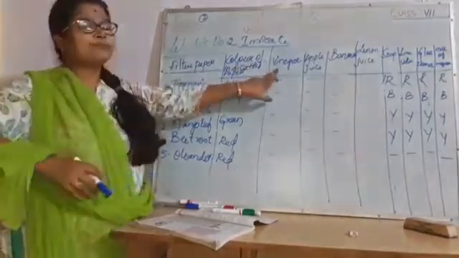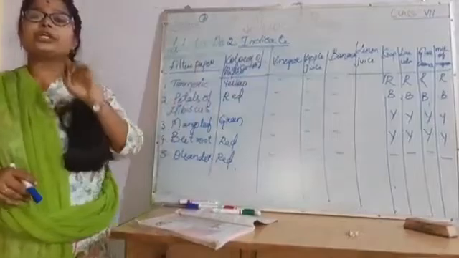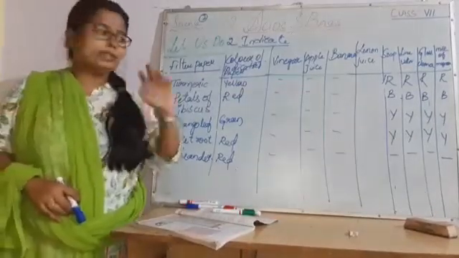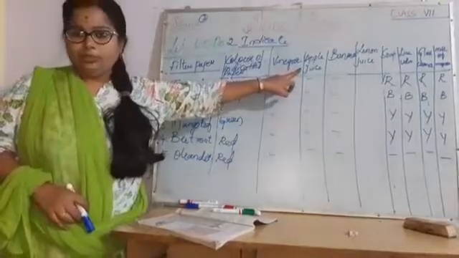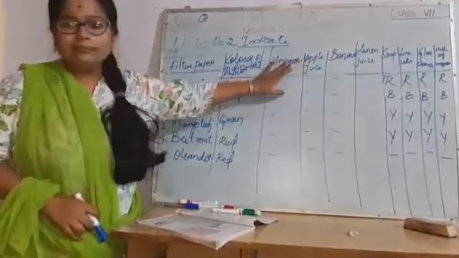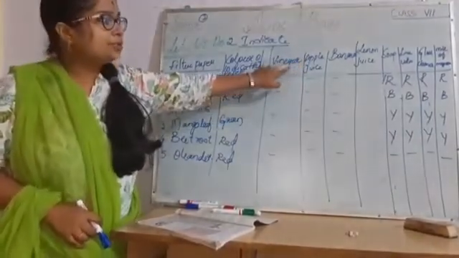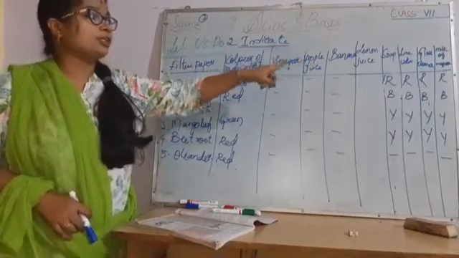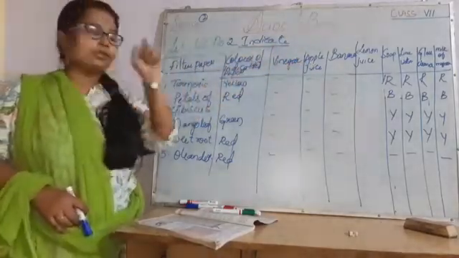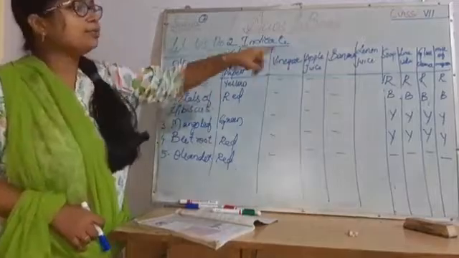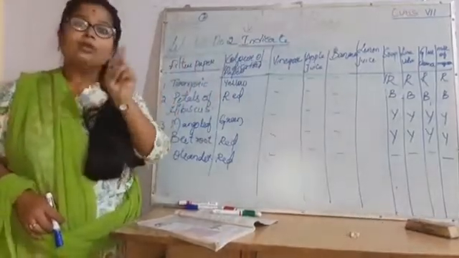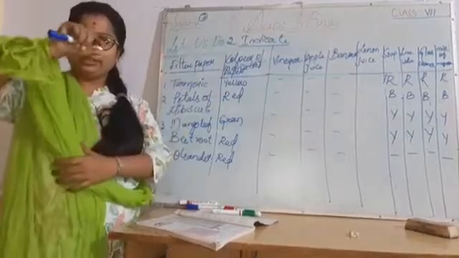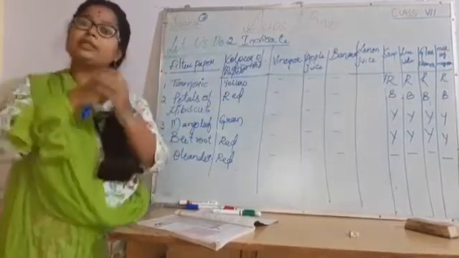Let's start with vinegar. You know, vinegar is used in noodles or any Chinese item to make it very tasty. Then apple juice, banana, lemon juice, soap, lime water, glass cleaner. Lemon juice is different from lime water. Don't take both as the same. Lemon juice is the juice that you make from a lemon.